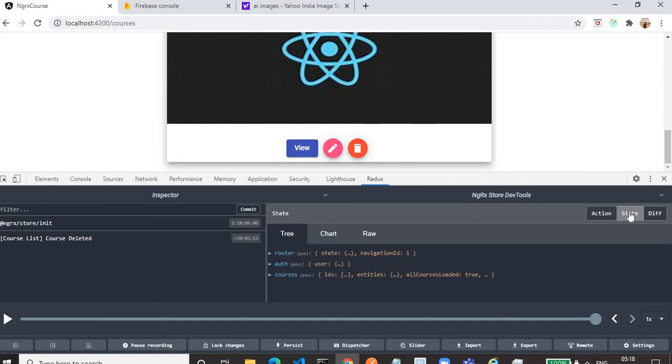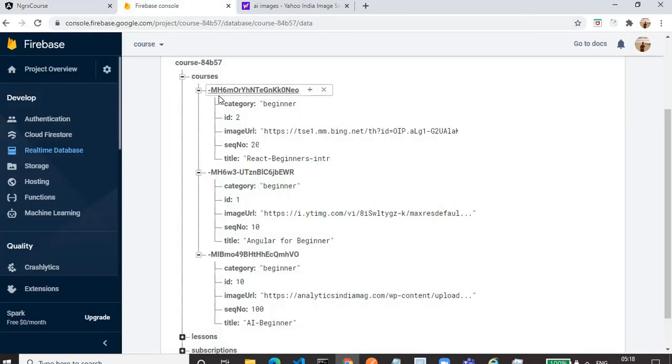If we go to the state, now the IDs contain only two records. The course having ID 10 is removed. So here the difference is that 10 is removed. Okay. So now the courses contain only two IDs. And if you go to the Firebase, you will see